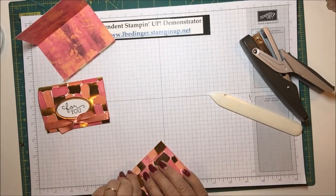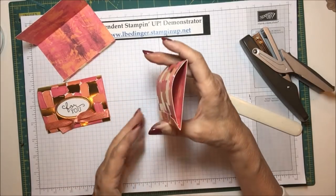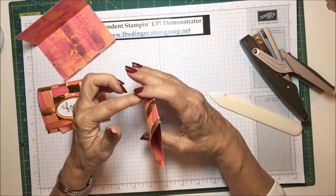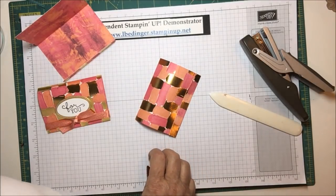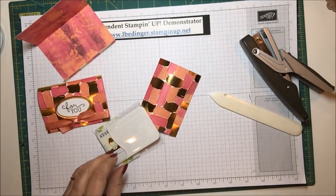Let me get that in there so you can see how that works. And then this front is bowed like this. And I suppose I could put another small piece in here, but I don't think I'm going to need it. What I'm using are these, I found these cute little